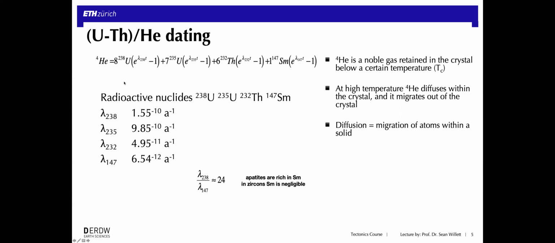So the full chain of reactions for uranium and thorium to produce helium-4 is shown here. Samarium also can play a role if it's present in significant quantities, as it often is in apatite. So these are the radioactive nuclides that are important for the production of helium-4. These are the half-lives for those isotopes. And together then these will combine to give us some sort of production of helium-4 within either a zircon